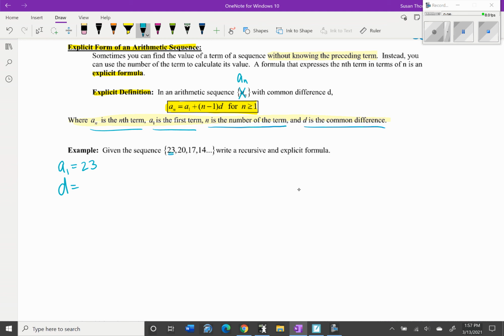So in this case, we can do any two terms together. The term and the one preceding it, you're going to subtract. So 20 minus 23, of course, gives us a common difference of -3. If I were to subtract 3 each time, you notice it gives me the next term. So for the recursive form,